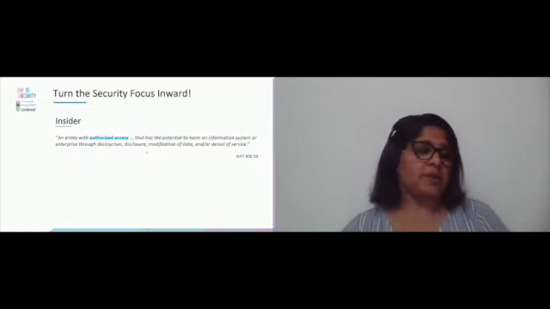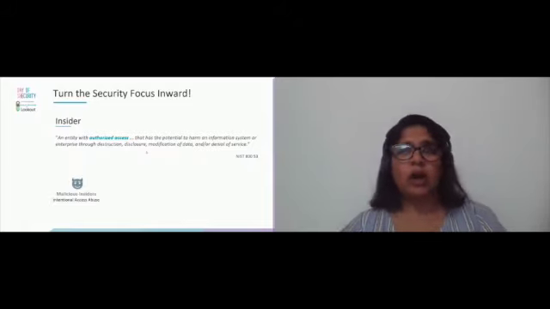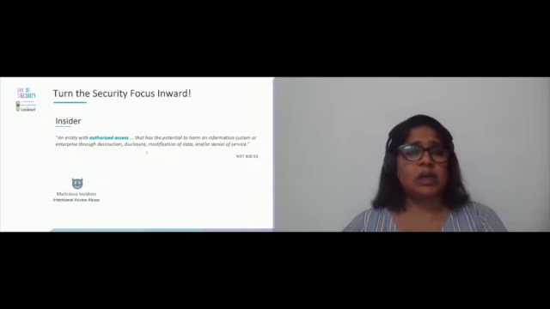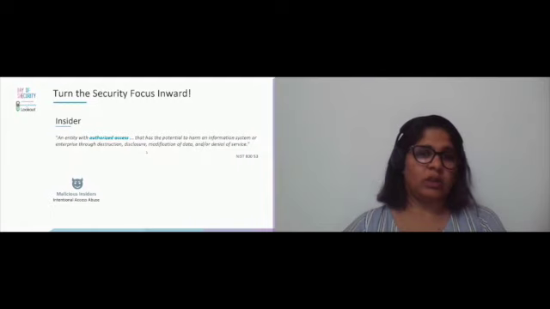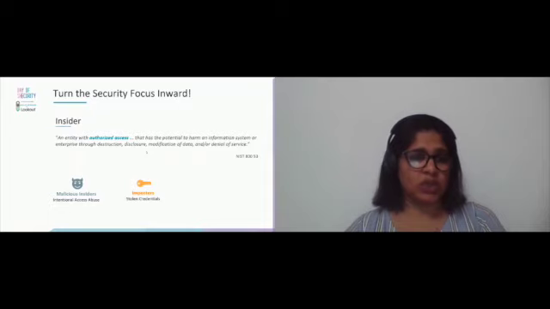Now, what are the different types of insiders that you have? There are the obvious ones, which are the malicious insiders. Imagine a disgruntled employee or someone who wants to steal the organization's data and basically make a quick buck, right? So those are the obvious ones who want to intentionally abuse the privileges that they have in the organization. Then there are the imposters, right? These are not the malicious insiders. These are the regular insiders, but the credentials have been stolen and identity has been stolen and somebody is acting on behalf of them using their credentials, right?